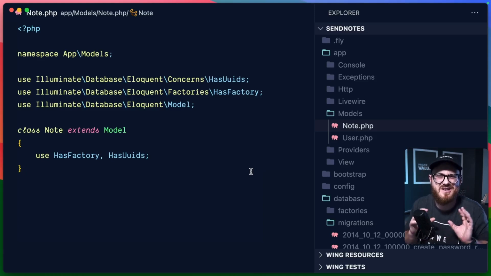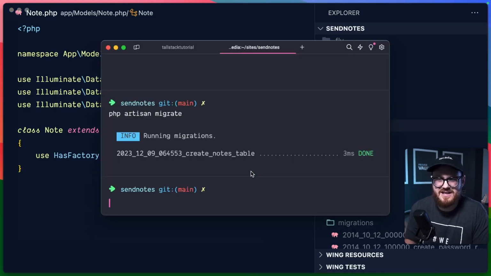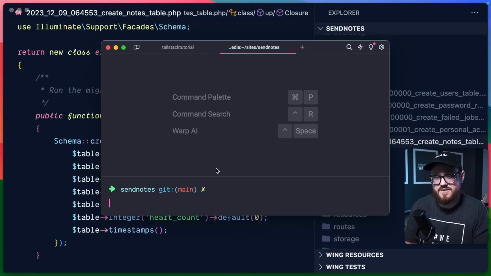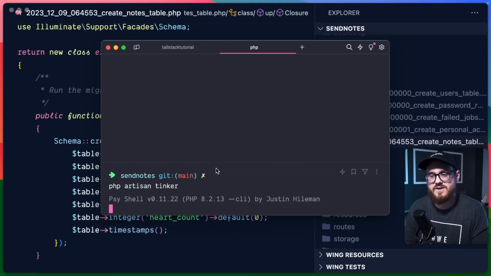We could also create a factory, which is basically a way to seed the database. But for now, I'm just going to use something called Laravel Tinker. That's basically a CLI command that gives you this out of the box. We're basically just going to create a new note using the CLI. If we were to run PHP artisan tinker, now we can run